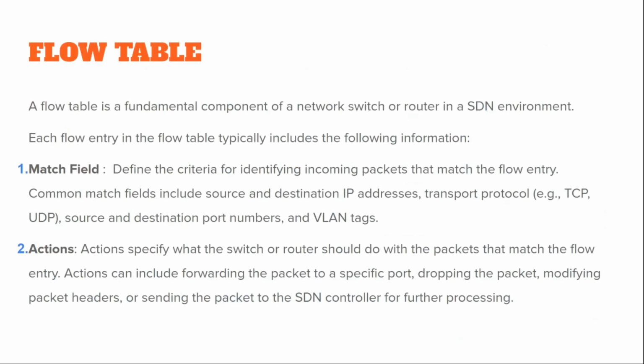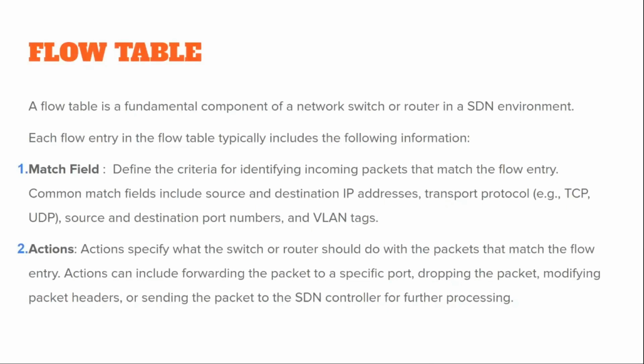Okay. So yeah, I was talking about this flow table. The flow table is something very similar to the routing tables that we have in traditional networks. Just like that, we have this flow table, and every single entry in the flow table we call a flow rule. Every single entry that we give to the table is called a flow rule. Now, the flow table typically includes four things: match field, actions, priority, and idle timeout.